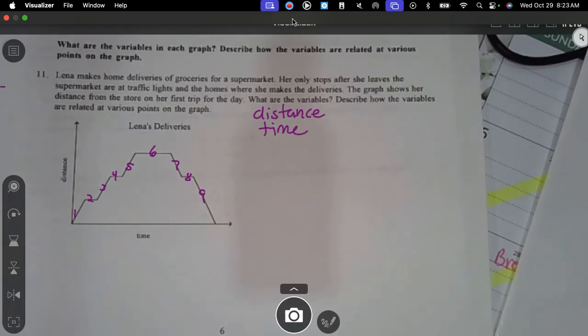What's happening at 1, 3, and 5? Because that's all the same thing happening. Going where though? The graph is going up, but look at it from the perspective of our problem. Where's she driving? To make the delivery of the groceries. Yeah, so she's heading away from the grocery store. Her distance away from the grocery store. So 1, 3, and 5